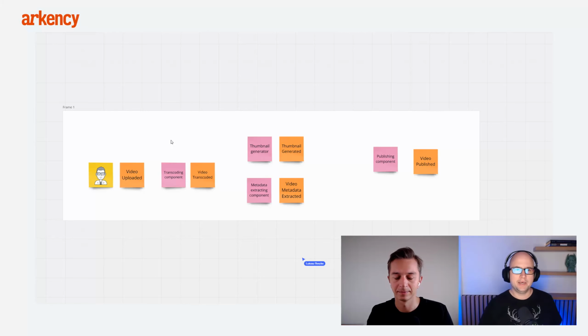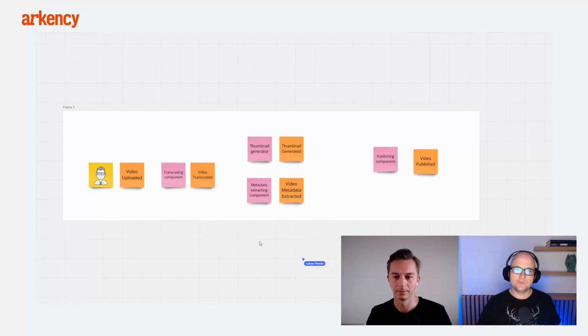First we have to do the transcoding, let's say, and then generate the thumbnail and extract some metadata. And let's assume that those two pieces, generating the thumbnail and extracting metadata, take some time. They are time-consuming